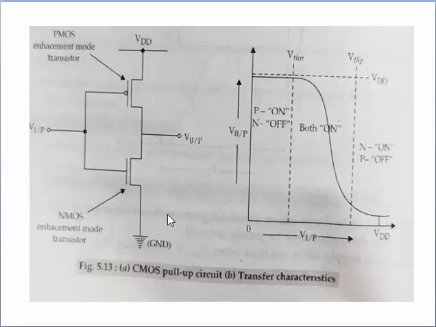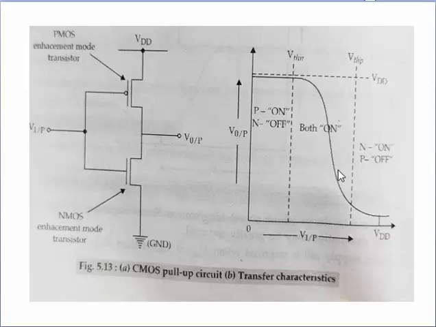In the third region, the inverter voltage exhibits gain, meaning both the transistors are in saturation. We know that when both transistors are in saturation, they act as current sources. So the two current sources are in series between VDD and VSS, meaning between the power supply VDD and ground, in this region with the output voltage coming from the common point.